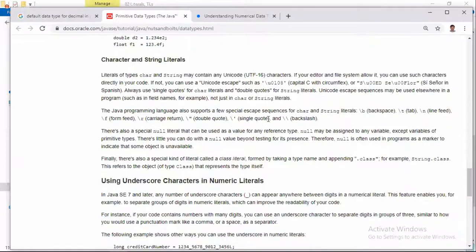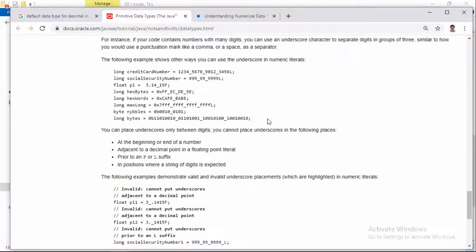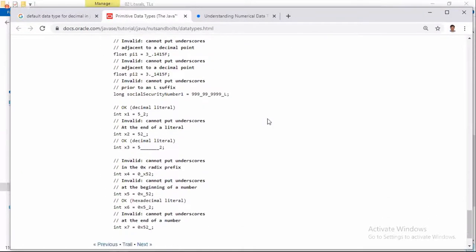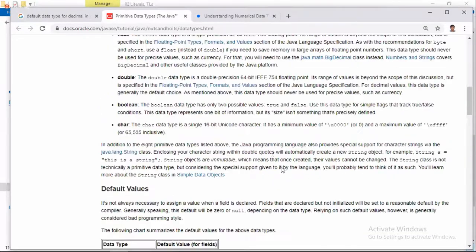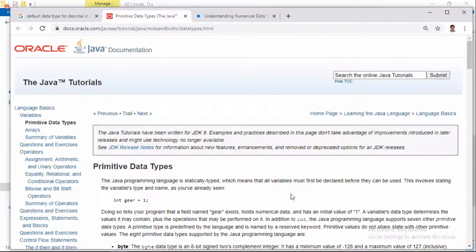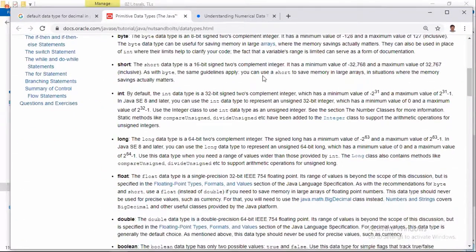Character and string literals. Okay, so whatever topic we are discussing, primitive data types and literals, whatever I am explaining in detail, in depth, all points are clearly there on this single page.